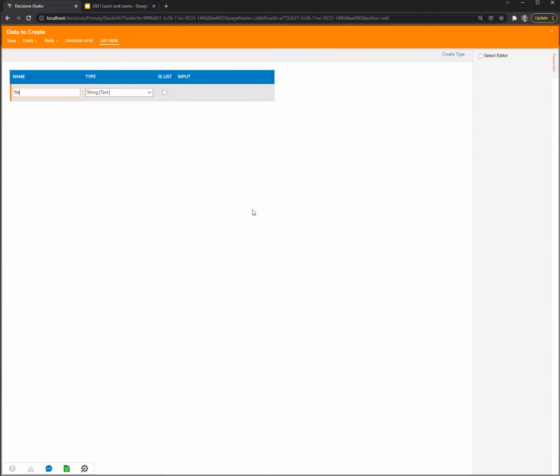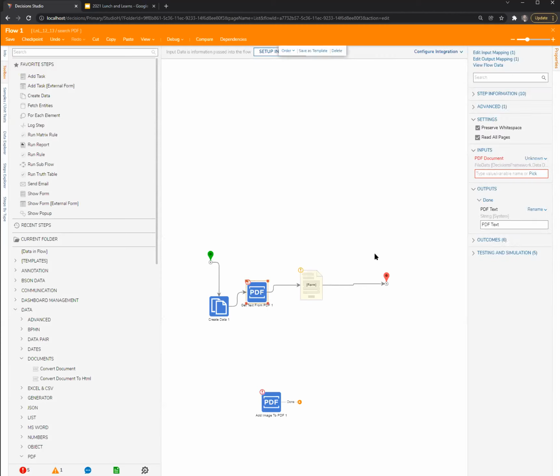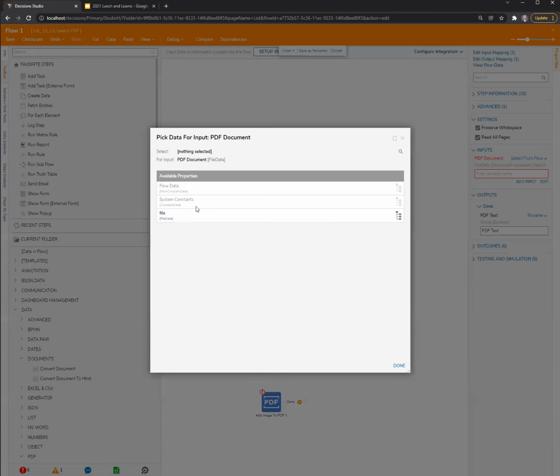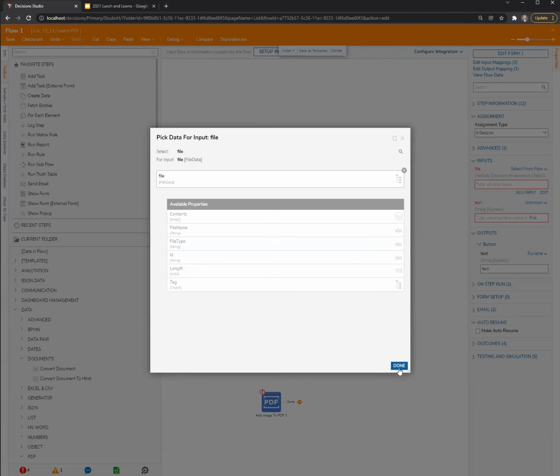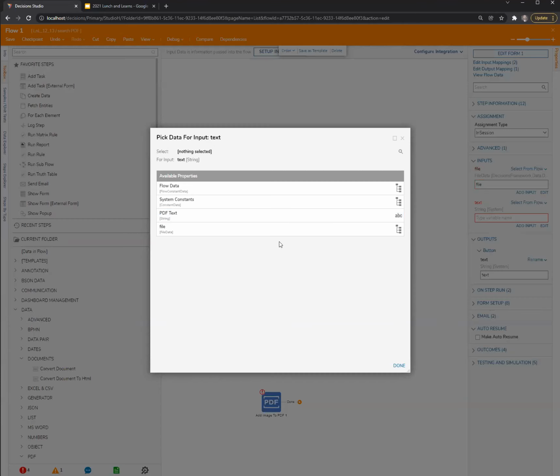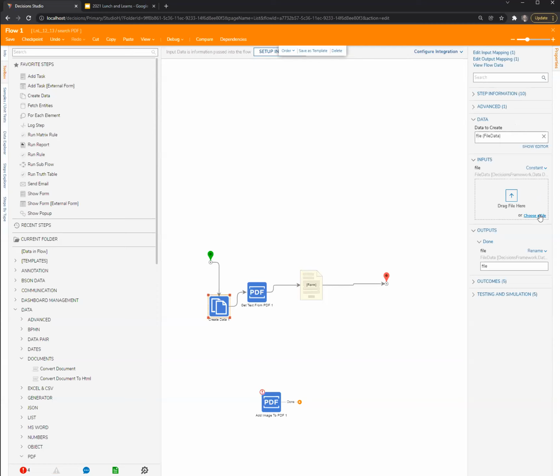This will be file, and this will be file data. Then we'll pass that file into here, and we'll pass that file into here. Into text, we'll pass the output of PDF text. And on create data, we will,